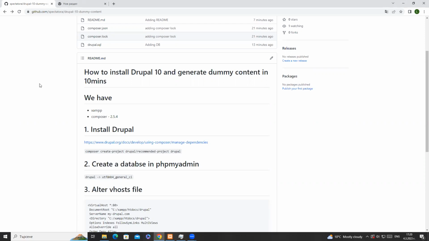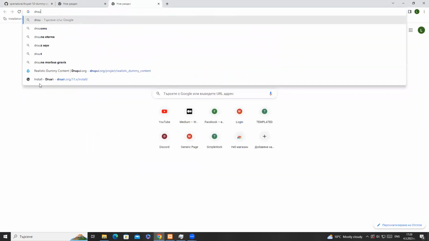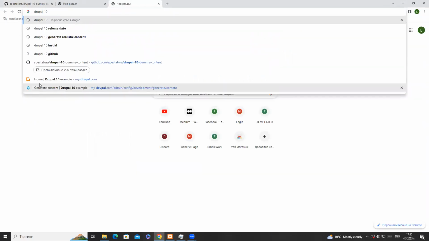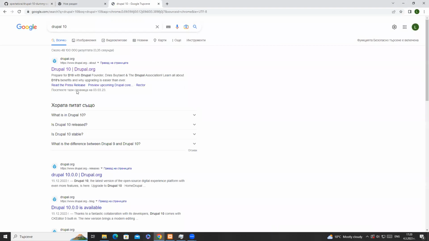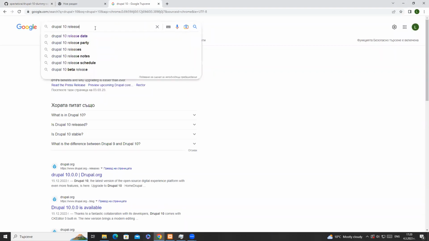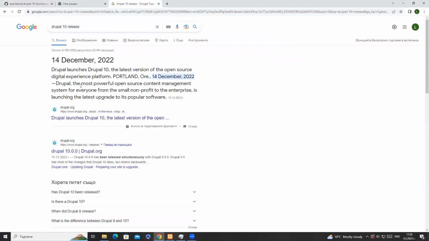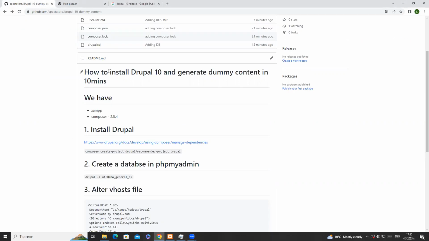Today we're going to install Drupal 10. For those of you who are not aware, Drupal 10 was released at the end of December last year. So 3 months later, we're going to play with it. We're going to install this on Windows. We have our XAMPP and we are going to actually